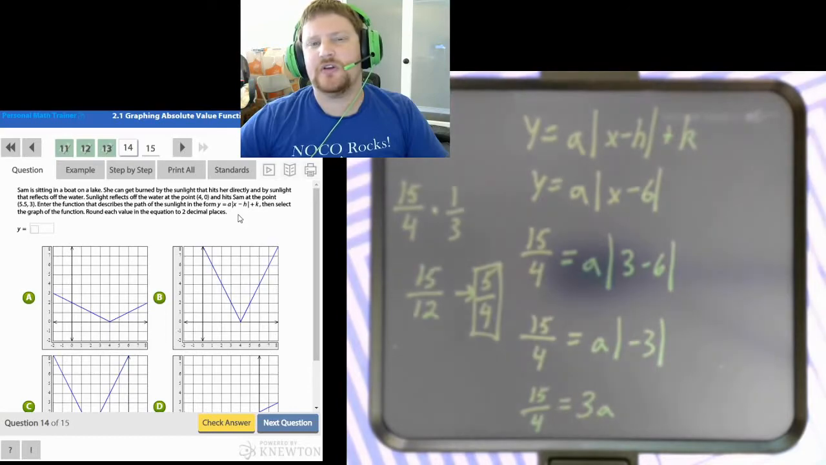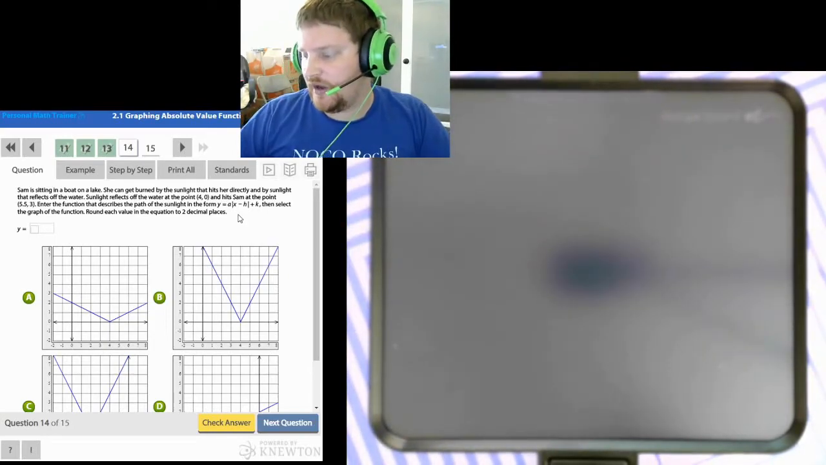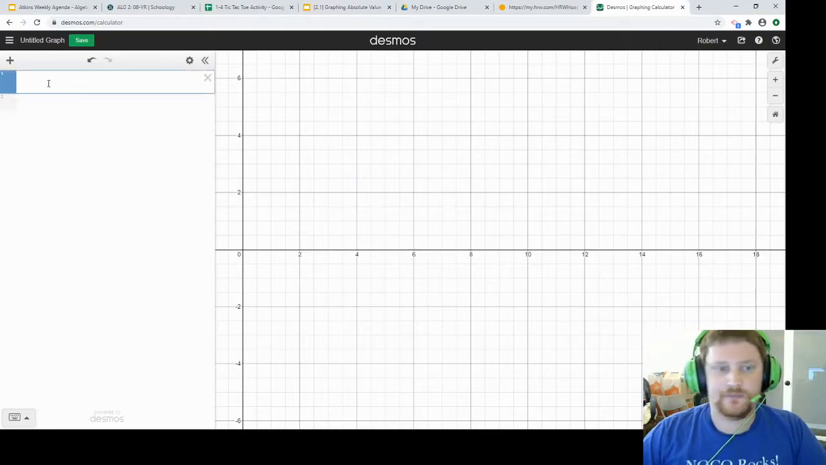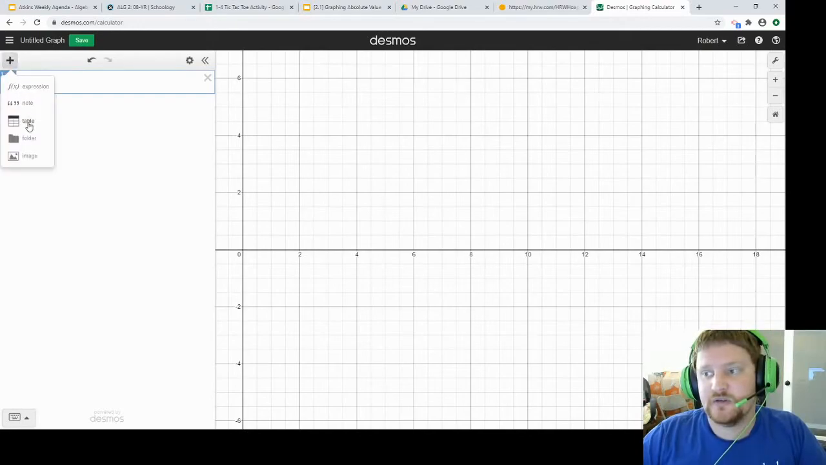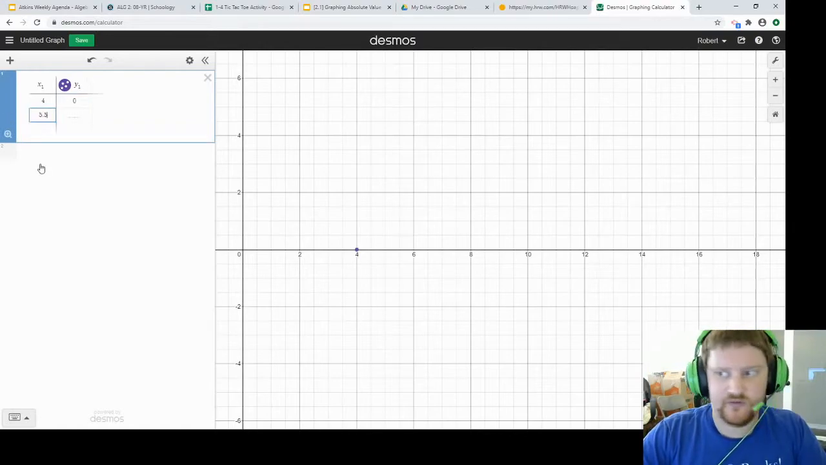I think I'm going to show you guys the Desmos way to do this problem, because I already taught you how to do linear regressions, but believe it or not, you can also do absolute value regressions. This does require us to know the vertex. So if I go into a table and I say my vertex is, so something that reflects off the water at 4, 0, and it hits her at 5.5, comma 3,